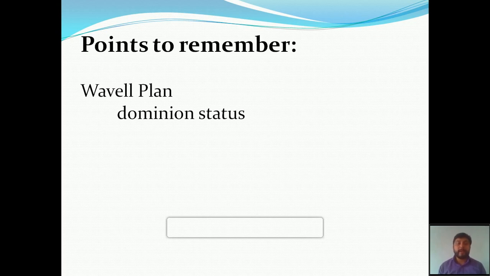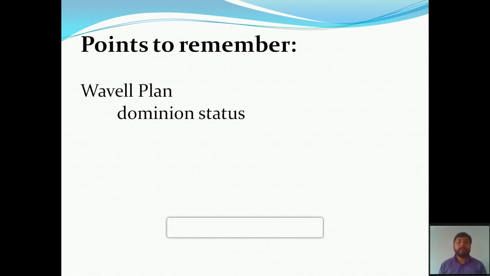At the same time, the Muslim League was demanding the partition of the country into two. One would be India and the other would be Pakistan. The Wavell Plan did not give any promise about the partition of the country, so the Muslim League also rejected it. And finally, the Wavell Plan became a failure.